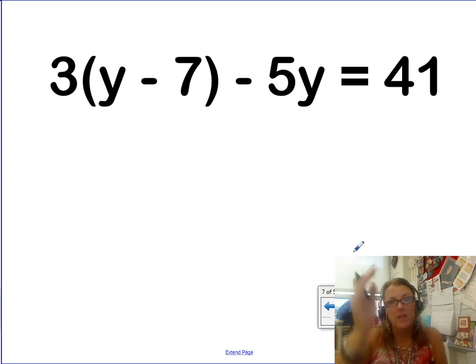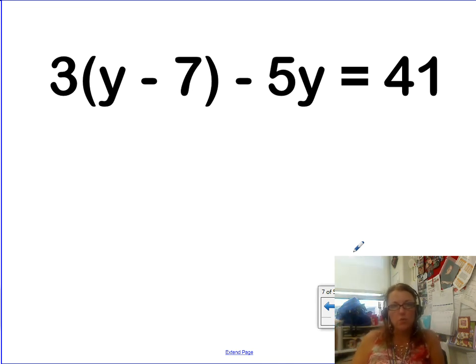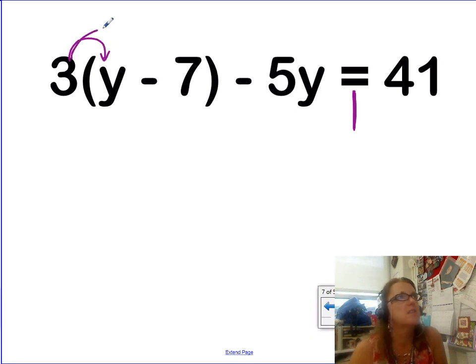All right, one last one in the giant land of uber simplification here. All right, so jot this guy down. 3 times the quantity y minus 7, and then minus 5y equals 41. So here's my equal sign. Okay, on this side, I got a lot of stuff I got to take care of first. This y is trapped inside these parentheses, and the way I want you to simplify this is by